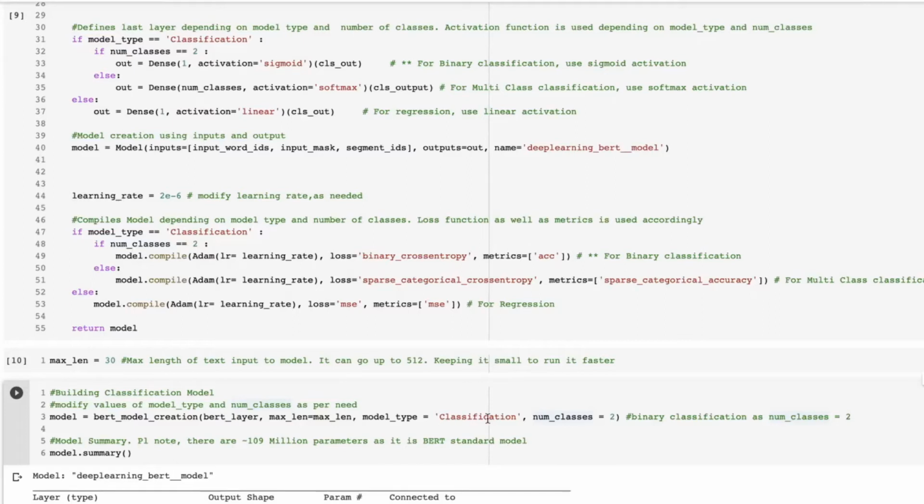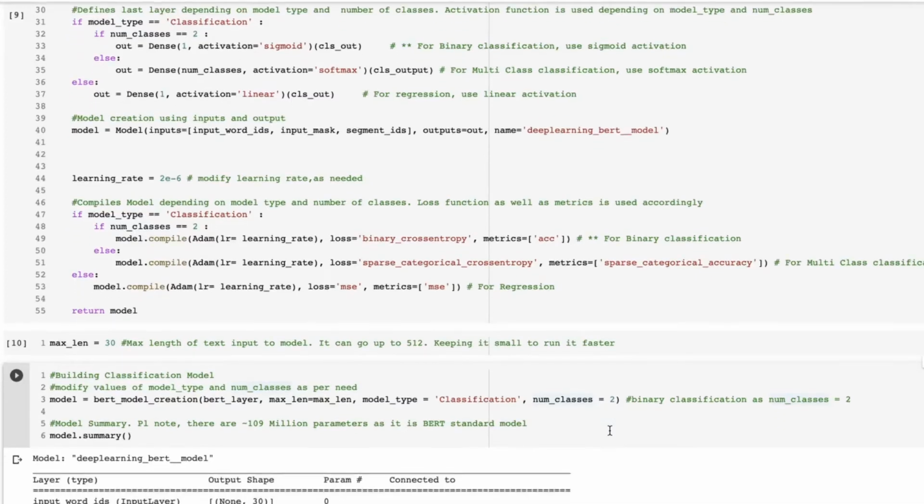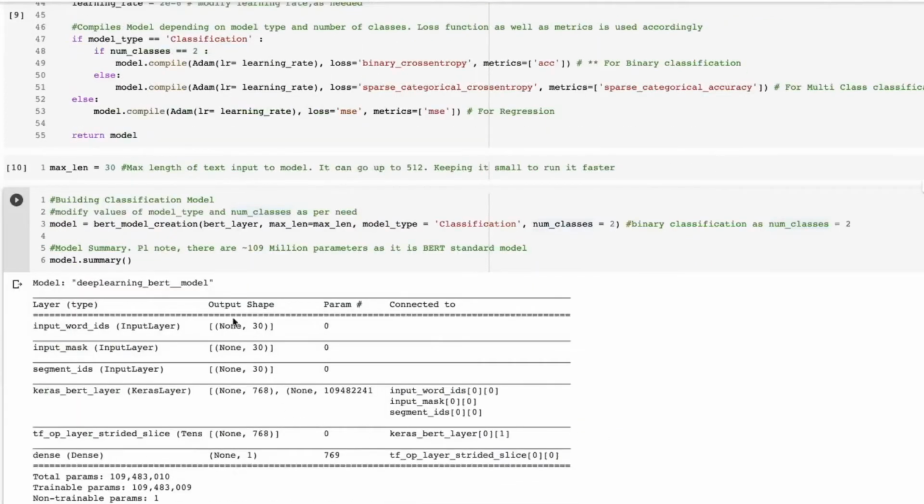And if you see, I'm passing the model type as a classification and num classes as 2 because it's a binary classification. Okay. So this is the model summary. And if you see, there are around 109 million parameters because I'm using the BERT standard model. If it was the BERT large model, it would have been 340 million parameters.